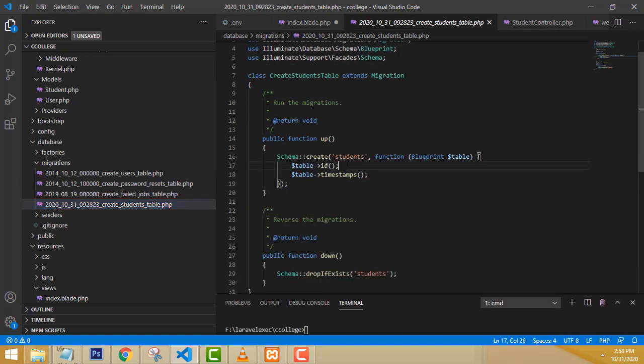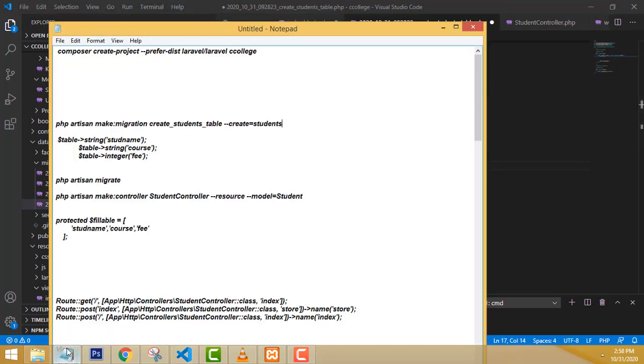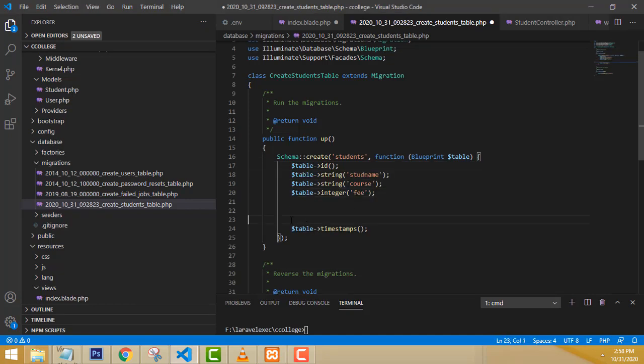Now you have to create the columns, right? Only the ID will be there, which I already created, so I have to put the rest here, Control C to copy. Don't worry about this, all the code I will provide on my website, you will be able to use it. Because if I write this out, it takes too much time to complete the project.